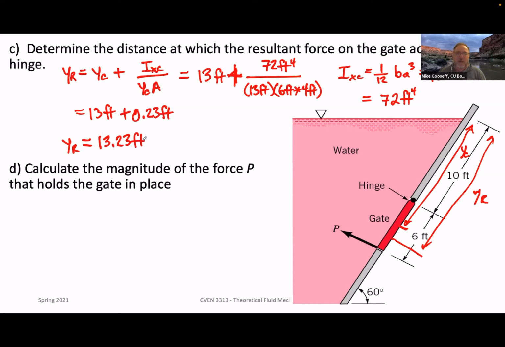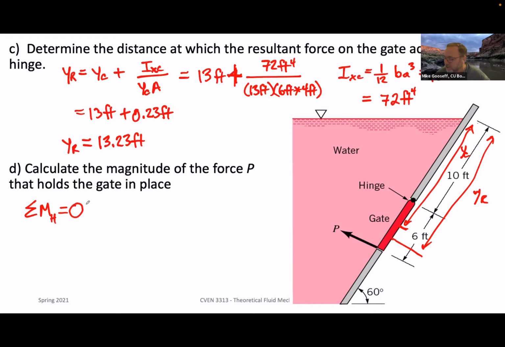To figure out what the magnitude of P is, we go back to our diagram, our free body diagram, and we figure out the moments. All right? So the magnitude of the force P that holds the gate in place, we take the sum of the moments about the hinge. We know that they have to equal 0 for this to be hydrostatic. So we then basically work out these three